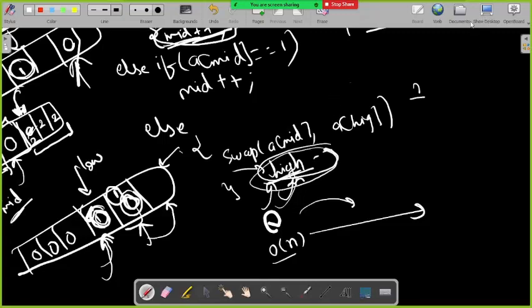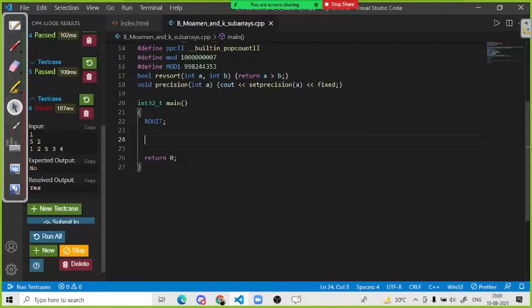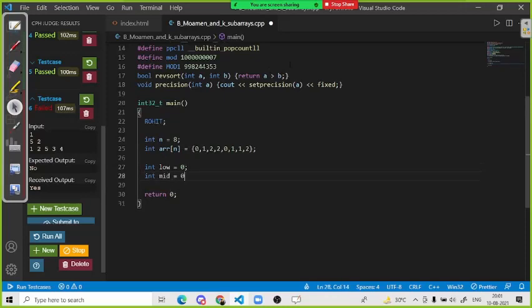Right? So if you want me to implement it, I can do this for you, then you will understand it properly. So let's say you have 8 elements in the array. I am defining n as 8, and let's say this is my array. In this, let's say some zeros are there, ones are there, twos are there: twos, then 0, then 1, then 1, then 2. I think 8 elements are there. So what you have to do, you will first initialize a low pointer as 0, then a mid pointer as 0, and then a high pointer as n minus 1, right? Then you will run a loop until mid is less than or equal to high.